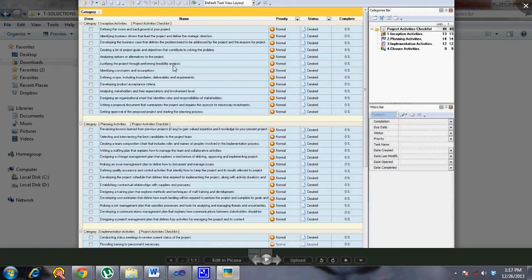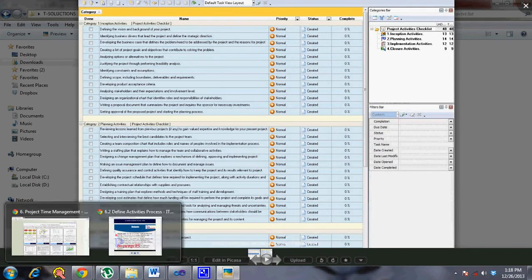Creating a list of project goals and objectives. So I think you can break it down even further. Instead of saying inception activities, you can say probably some sort of documentation, business case documentation, and then you can write these activities. That will give you a better structure to the WBS as well as the activity list. So with that idea, I think this process is over.